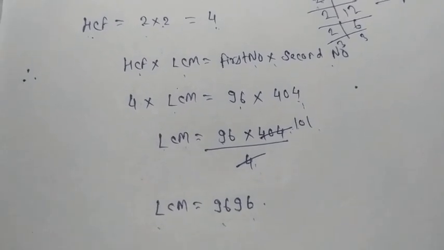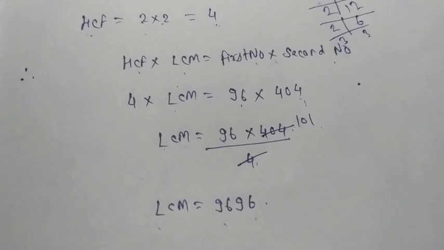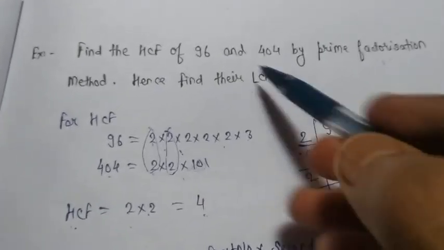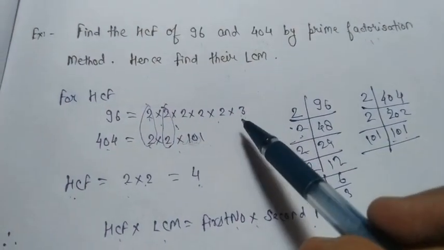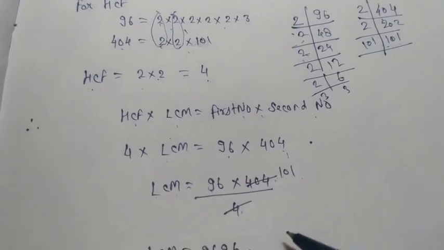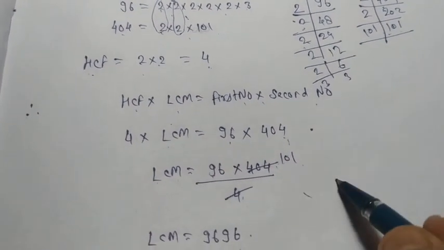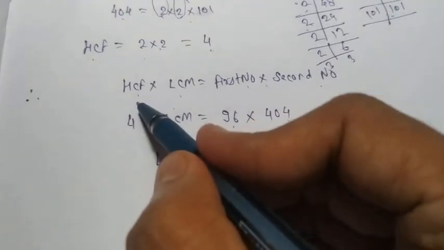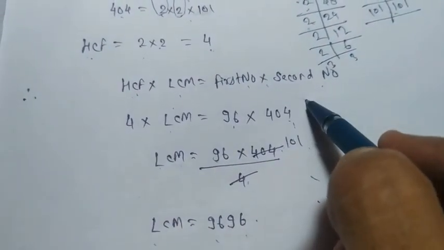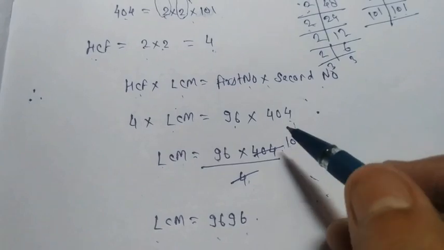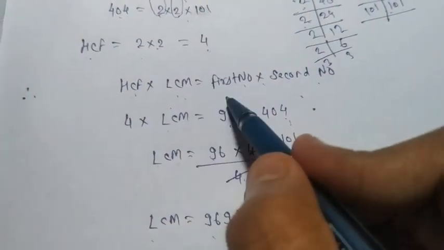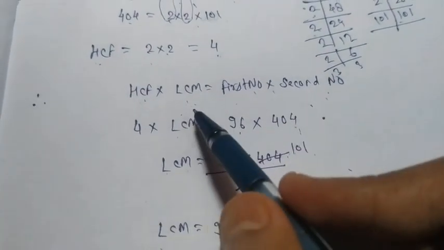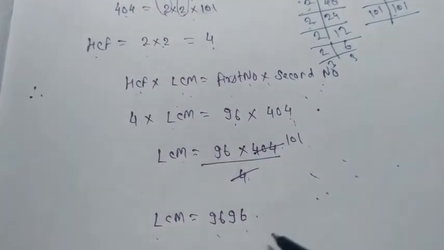See, children, what type of questions are coming for this formula. Two numbers are given, so as I have mentioned in this question also, when two numbers are given, you can find out the HCF, and afterwards using this formula you can find out LCM. Sometimes two numbers are given, HCF is also given, and you have to find the LCM. So you just have to apply this formula, put all the values and get the value of LCM or HCF. See, here are 4 quantities. In many questions 3 are given, and you have to calculate the fourth. So by using this formula you can easily calculate.